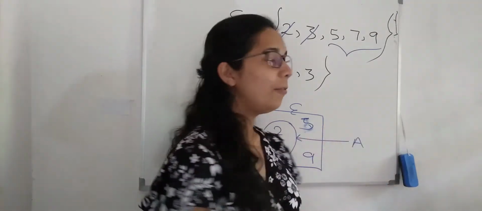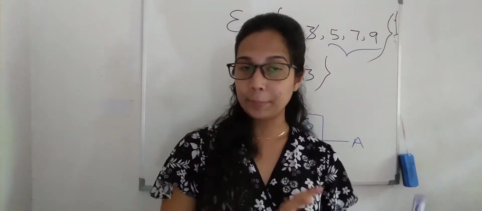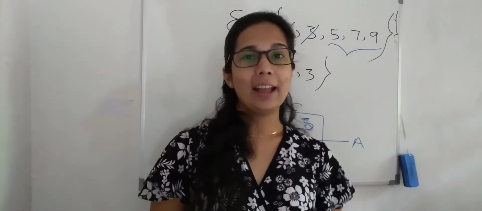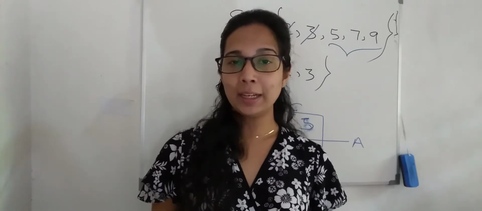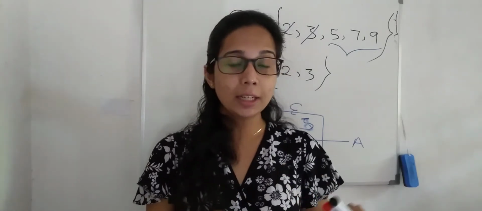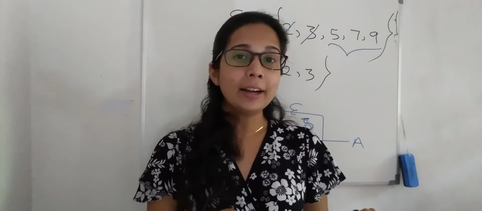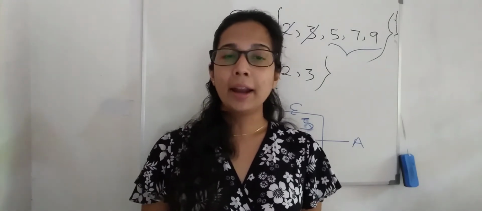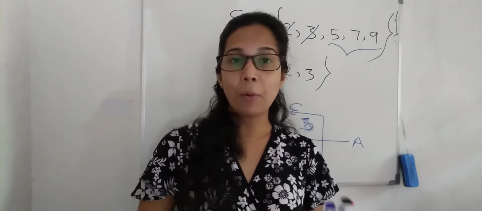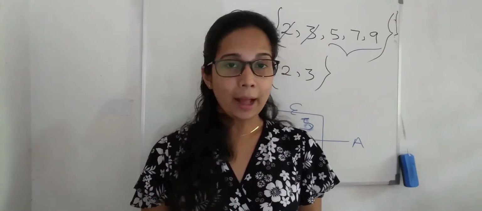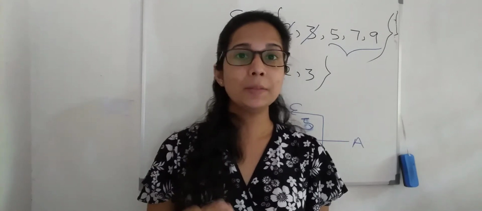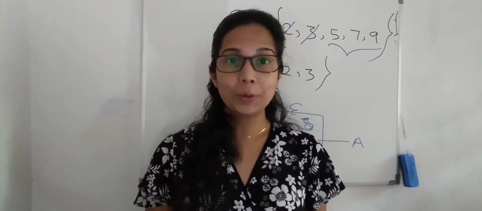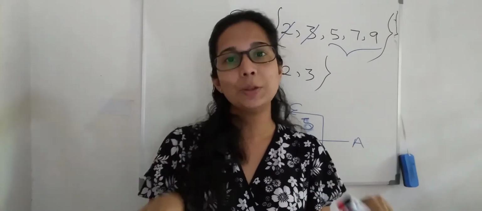This is the way of representing a subset of a universal set. Clear? Okay. Now in your syllabus, you have to learn how to represent two subsets of a universal set under different instances. Let's learn one by one. And while I am teaching that, I want to teach you what is meant by an intersection of sets and what is meant by a union of sets, because it's very easy for you to learn these everything together.